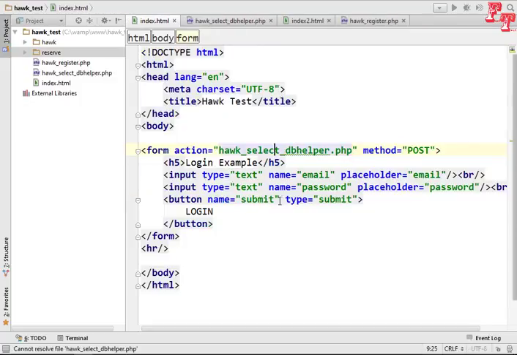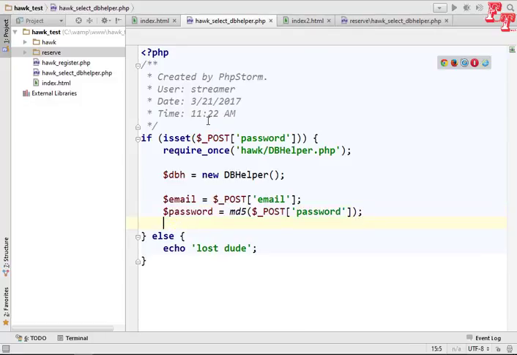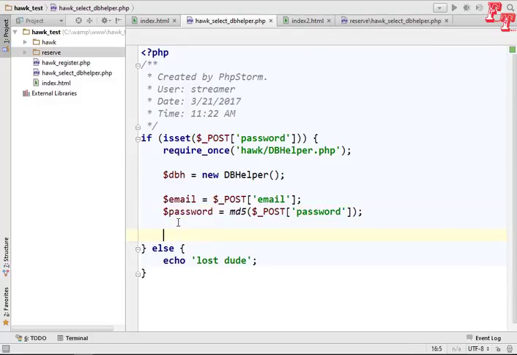Okay, here we have our login form, and we are sending in the email and the password to try logging in the user. So I'm gonna initialize the variables from the form here. Alright, they are there. So now we would want to use Hawk to log in our user. So we want to select information from the database. So I would say, let's say users found is equal to,